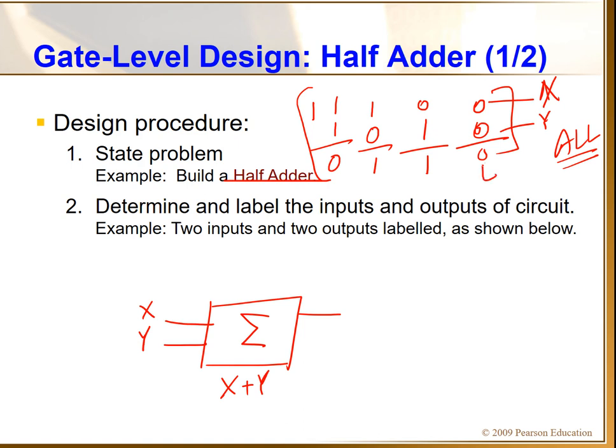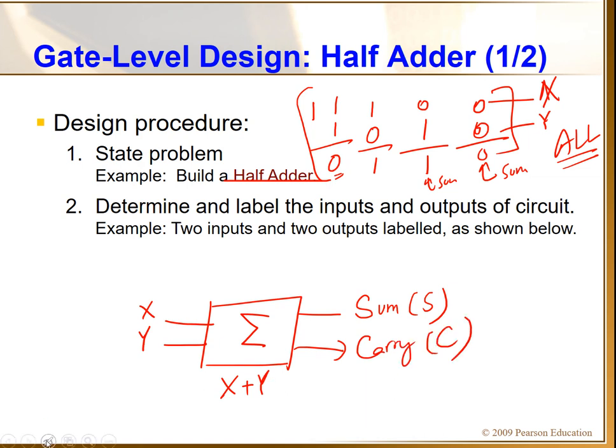0 plus 0, this is my sum term. 0 plus 1, this is my sum term. 1 plus 1, sum is 0 and carry is 1. So I am going to get a sum term, let's call this S, and I am going to get a carry term, let's call this C. While we are doing 0 plus 0, our sum is 0 and carry is 0, because there is no carry. 0 plus 1, sum is 1, carry is 0.